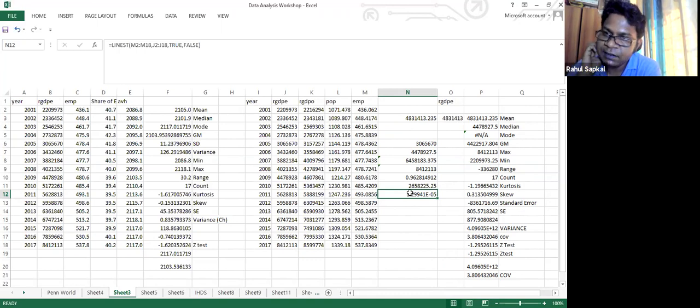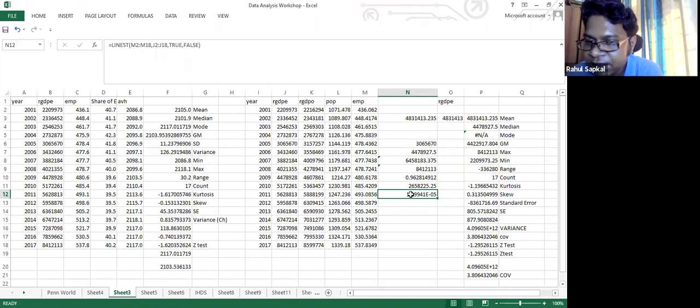Now it shows that my relationship is there, which is I reject the null hypothesis. If any value goes above 1, you reject the null hypothesis and accept the alternate hypothesis. If any value goes less than 1, you do the other way, right? So you accept the null hypothesis and reject the alternate hypothesis. Okay. So this is the basic thing we do in regression. This is a linear regression.